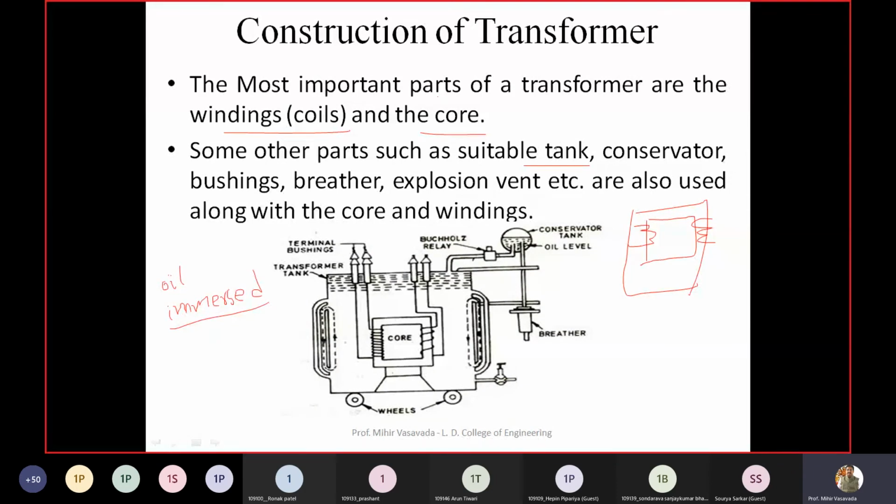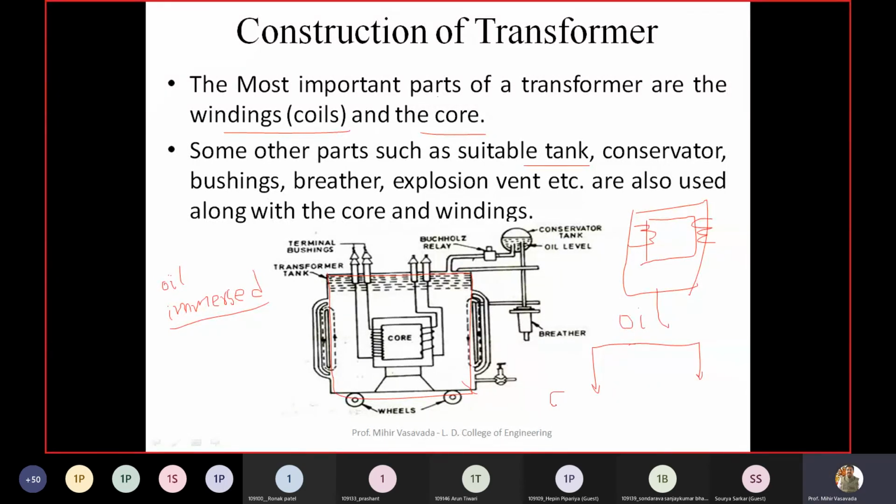So there is a suitable main tank. This tank is the main tank of transformer. This also we have seen when you saw the video last time. The entire tank is filled with the oil. This is the transformer oil. The oil is now known as transformer oil only. It is completely filled with the oil. So entire core and winding assembly is in the tank with the oil. Now this oil, the transformer oil, serves two purposes in transformer.